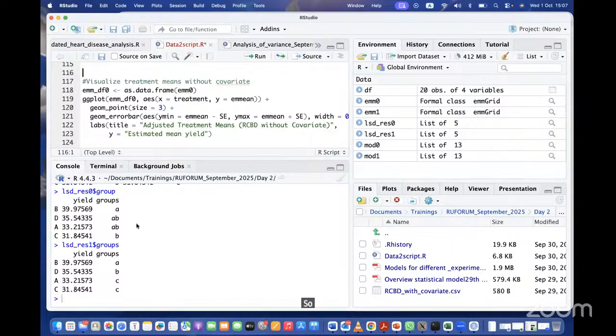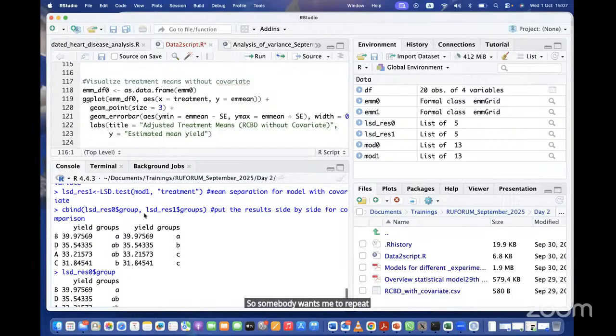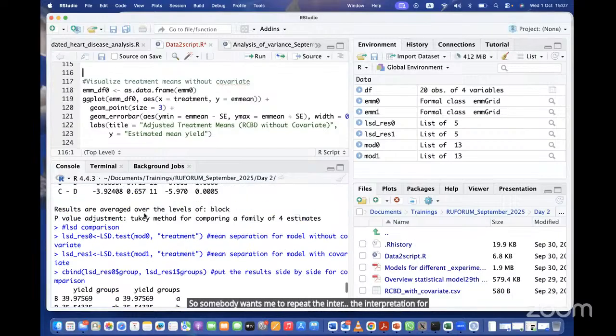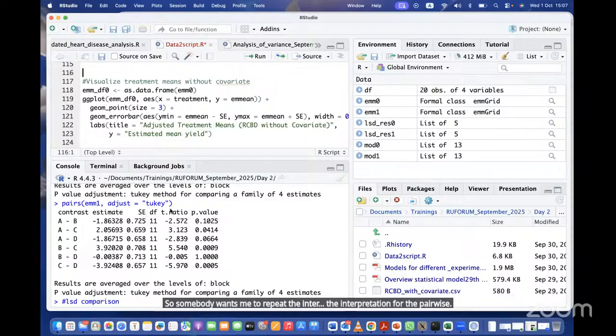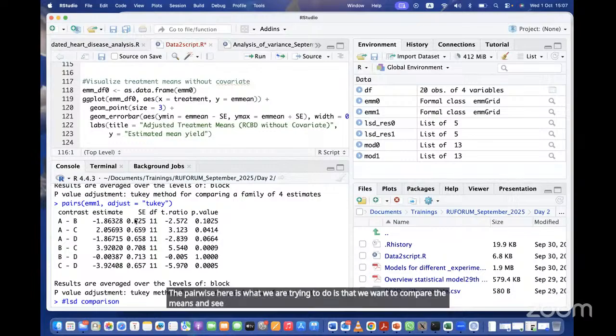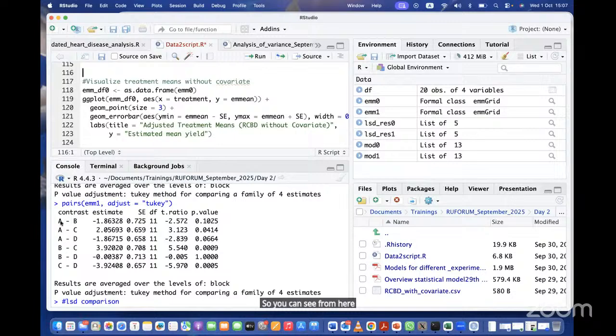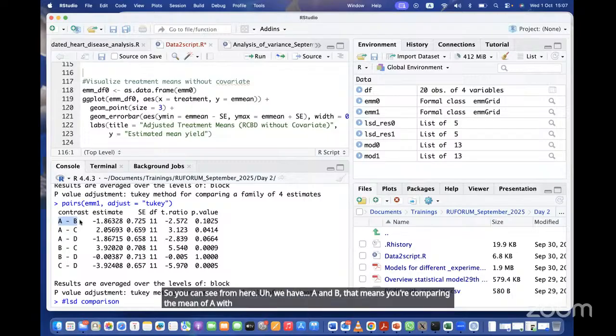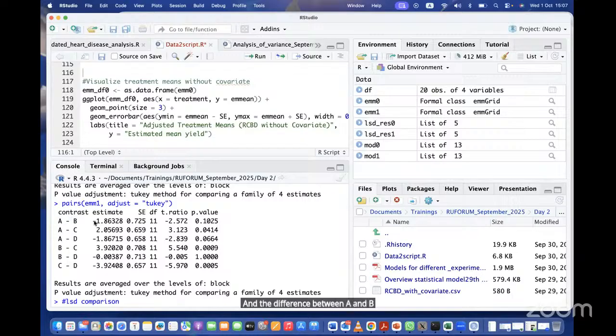So somebody wants me to repeat the interpretation for the pairwise. The pairwise here is what we are trying to do: we want to compare the means and see which means are significantly different from each other. So you can see from here, we have A and B. That means you're comparing the mean of A with the mean of B. And the difference between A and B accordingly is supposed to be negative